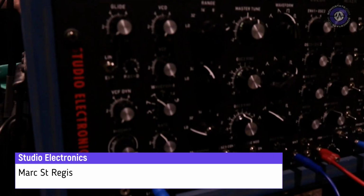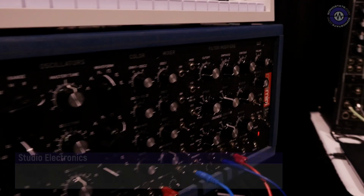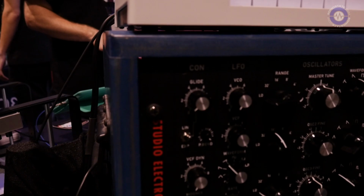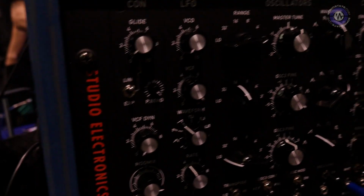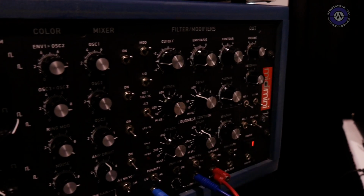Marc St. Regis here with Studio Electronics at the Noise Bug booth, and we're showing off our 30th anniversary MIDIMini. What to say first? Well, it's the way we wanted to do it from the beginning 30-some years ago. Make the wiring harness modular and everything else easy plug and easy service, and so we finally pulled that off,